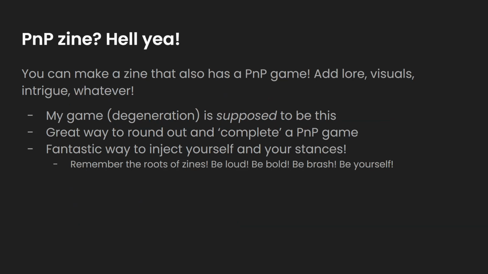And because print and plays have a strong association with zines, you can put them together. Originally, my game was supposed to be this. It was supposed to have excerpts of lore and snippets of world building associated with it. And keep in mind that zines are meant to be in a booklet or book format. Having this extra layer of lore and world building can lead to a much more polished, complete print and play game. Again, if that's not what you're aiming for, you can ignore that point. With zines, it's always been about expressing yourself. Having a print and play zine mixture allows you to express yourself in such a way.